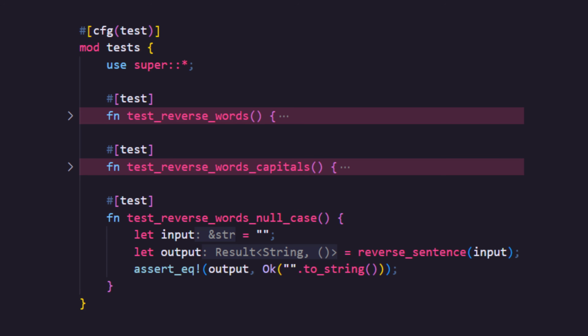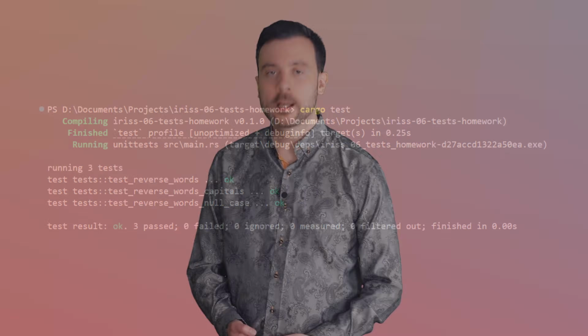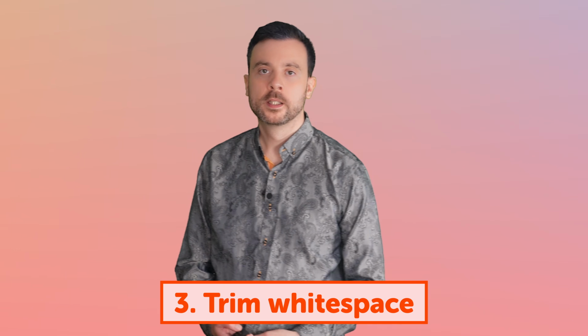However, we've now dipped into using iterators and subslices of the final string, so now I want to know if this works on an empty string. Don't worry if you didn't do this, but I decided to add a null test, one that shouldn't change anything. Even though we only just added this test, we can see that it already passes. Phew! Now let's look at trimming the string.